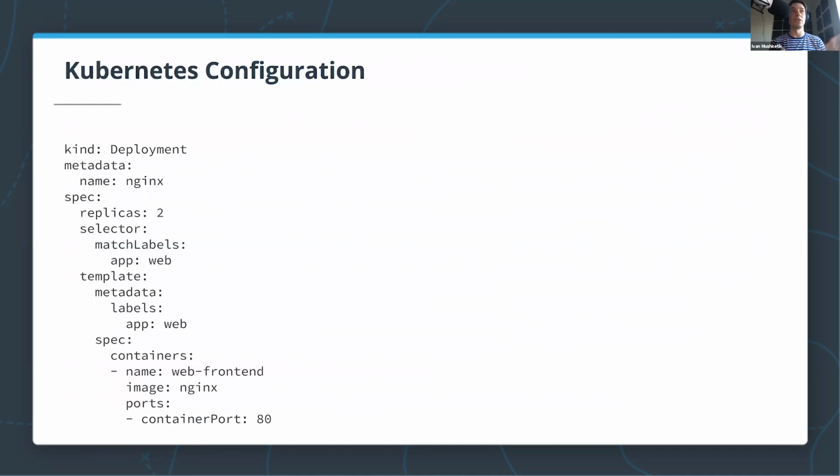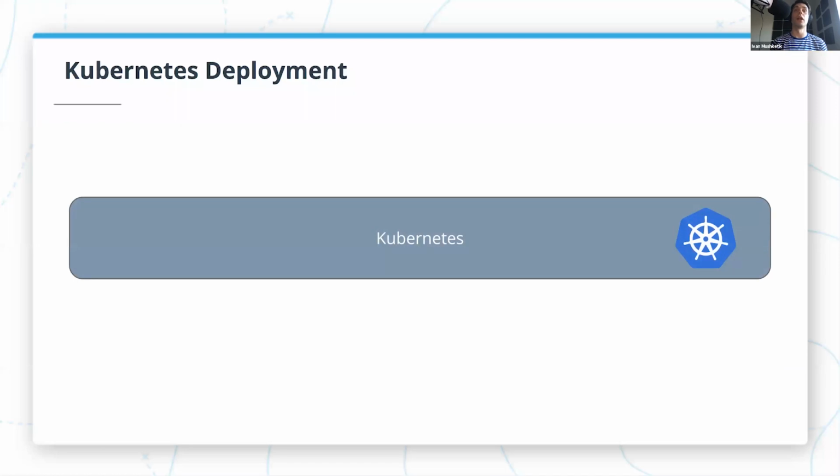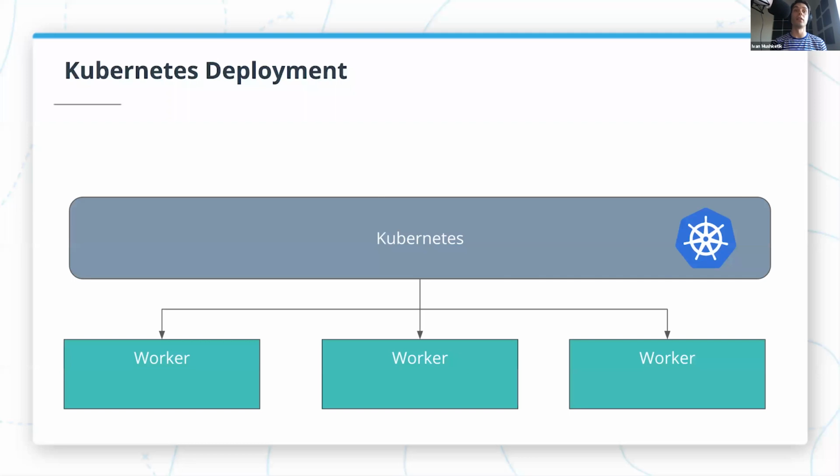And as you can see here, we don't specify what machines to run it, what IP addresses to provide. All of this will be handled by Kubernetes. The way this works is that if we run Kubernetes, Kubernetes has a number of worker instances that it can use. And if we send a request to Kubernetes that it should deploy our application, it will run instances of images, it will run containers on those worker nodes to deploy our application.